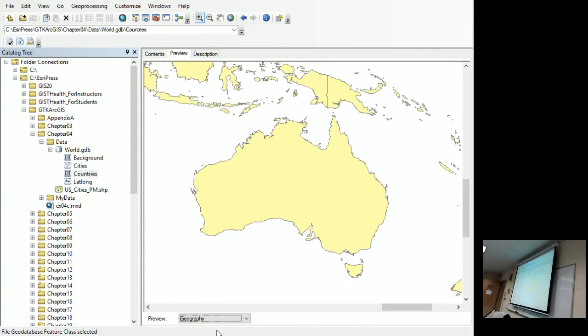All right. 4B, adding data to a map. So now we've looked at how you look at data inside of our catalog. Now we're going to add some data to a map. And we start in ArcCatalog.